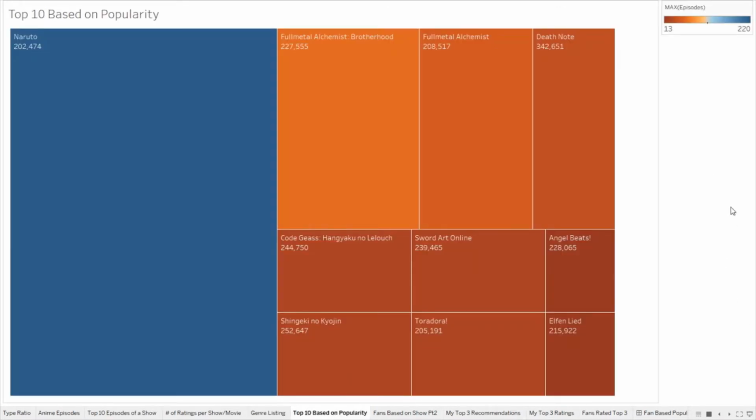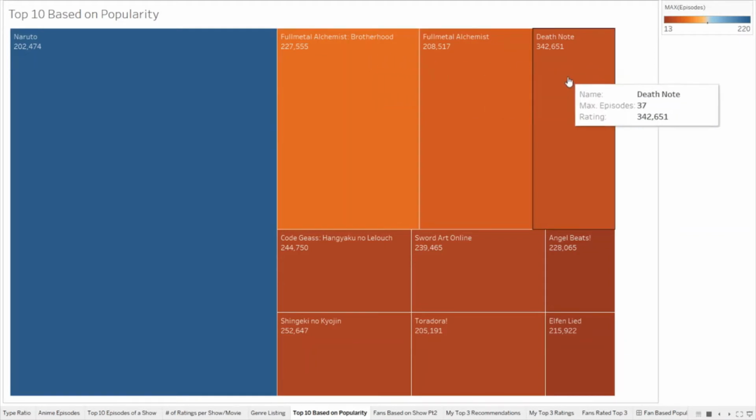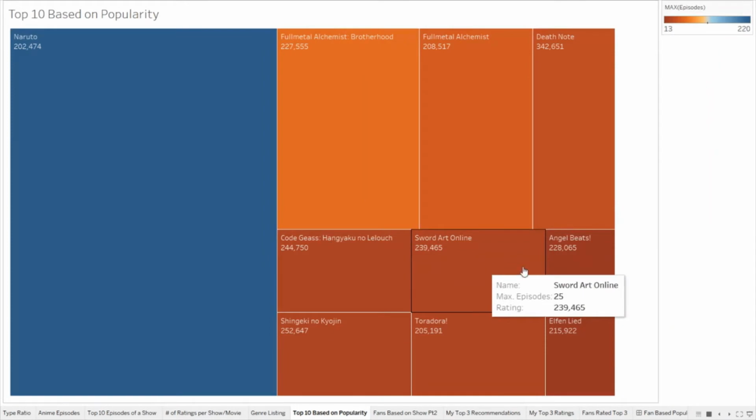So I've mixed this list with max episodes and rating, and as you can see, Naruto has the most episodes with a positive rating. Full Metal Alchemist, I think it's going to go down the list by max episodes, so 64, 51, 37, 25, yep.